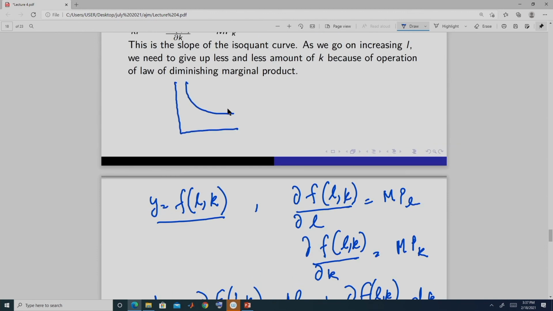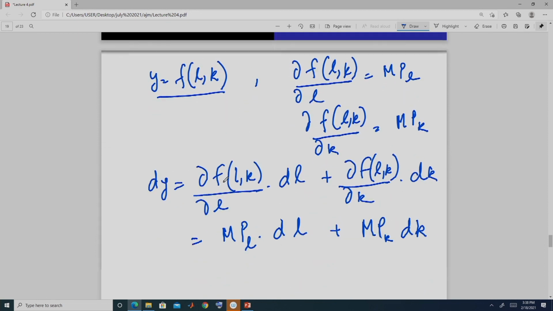Now, suppose our isoquants are something like this. If we are moving from this point to, suppose, this point, what are we doing? We are increasing labor and decreasing capital. It is movement along an isoquant. So, what is happening? The change in output is 0. So, this gives us